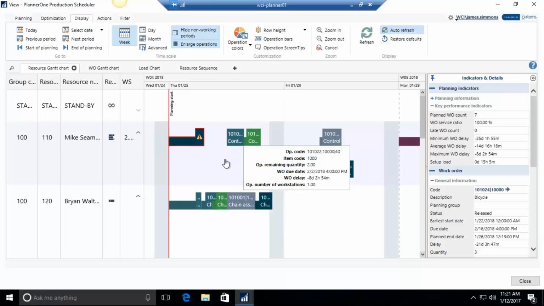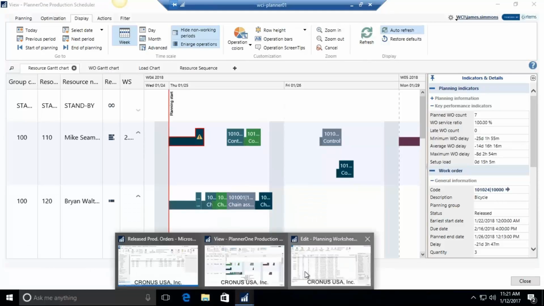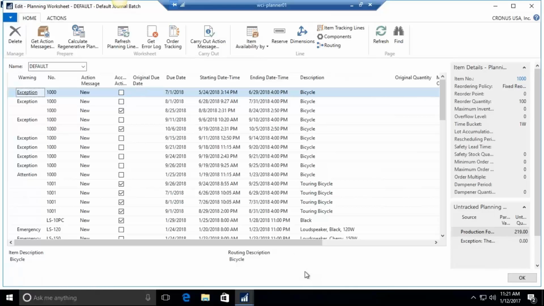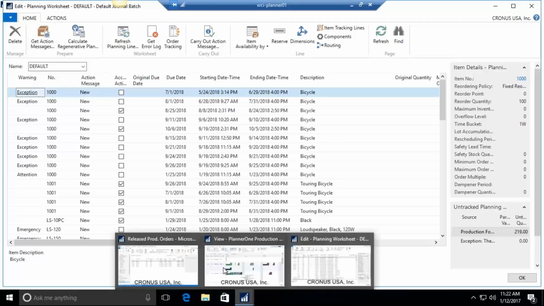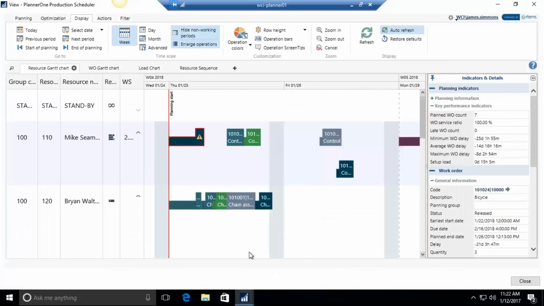All right, so let's talk about how to schedule in PlannerOne. So back in NAV, we can go to our planning worksheet. So we probably run this every day. And we can take a look at the production orders needed. And when we go to carry out the action messages and create firm planned production orders, they're going to flow into PlannerOne, and they're going to flow into the resource Gantt chart, but they're going to be on a standby